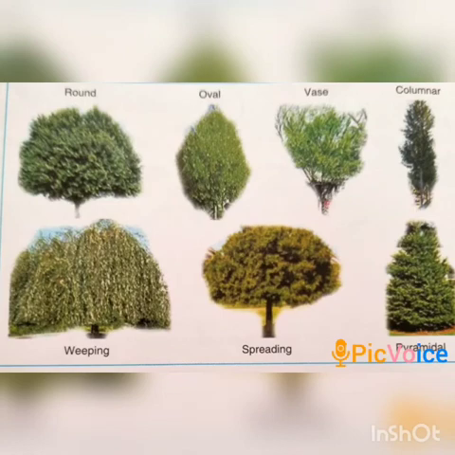Now the next thing is the crown of the tree. The crown of a woody plant, woody plants like trees and shrubs, includes branches, twigs, and leaves extending from the trunk or the main stem. This is the part which is known as the crown. And the shape of the crown of trees has a lot to do with where it is located. That means the shape of the crown of the tree depends upon the location of the tree.